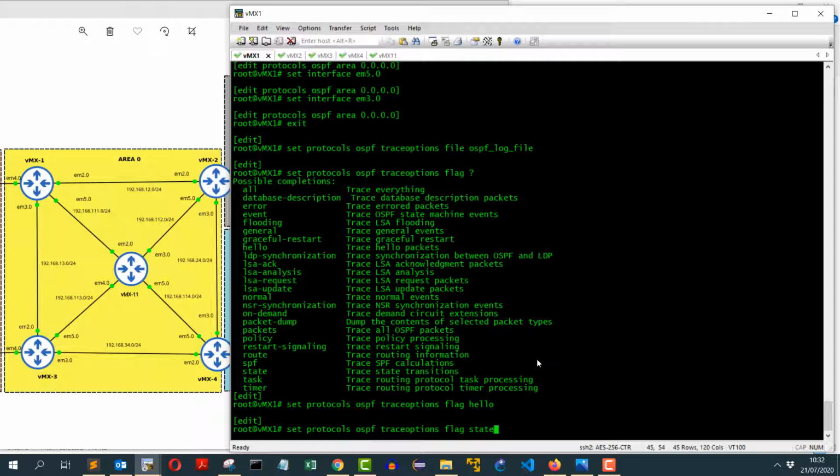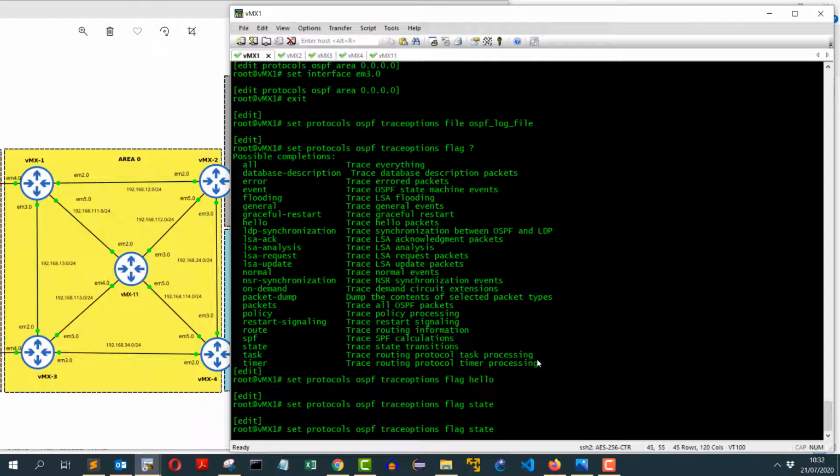These are the state changes when an OSPF neighbor state changes from down to init or other states. We will discuss that in a minute. And I also want to set up the flag for events, so any events happening related to OSPF, I also want to log them.